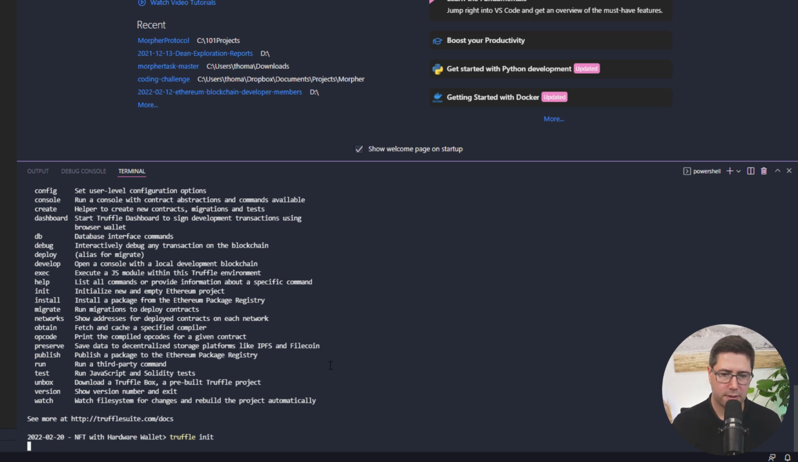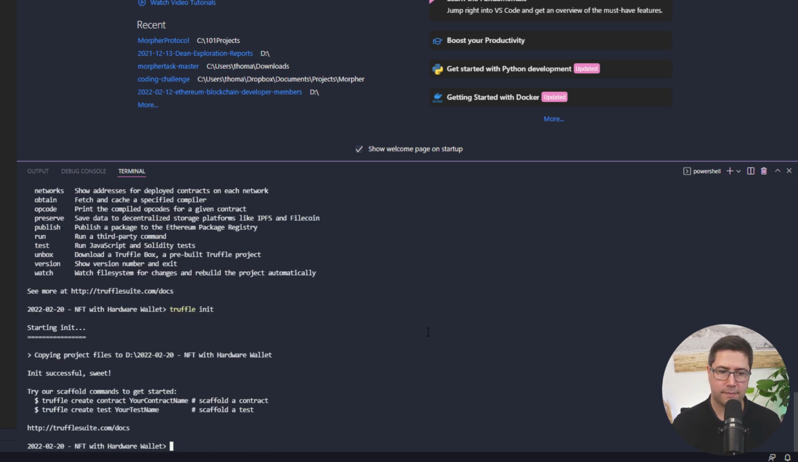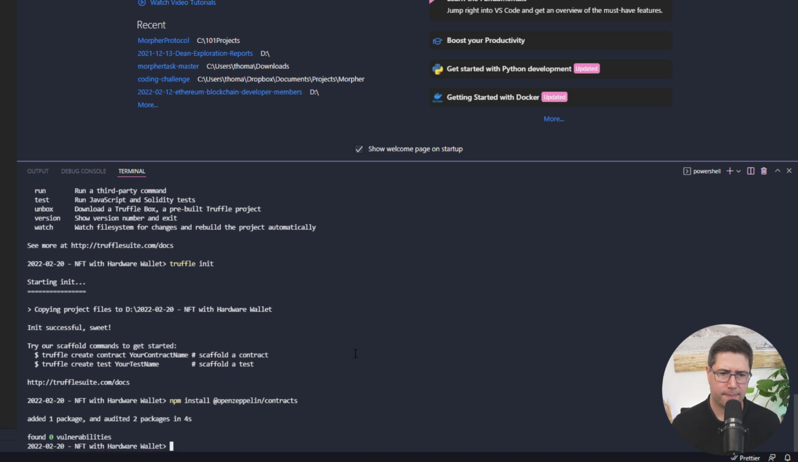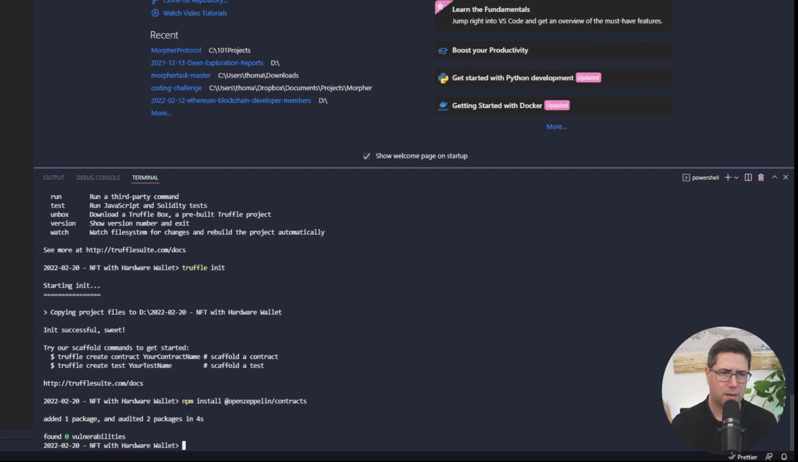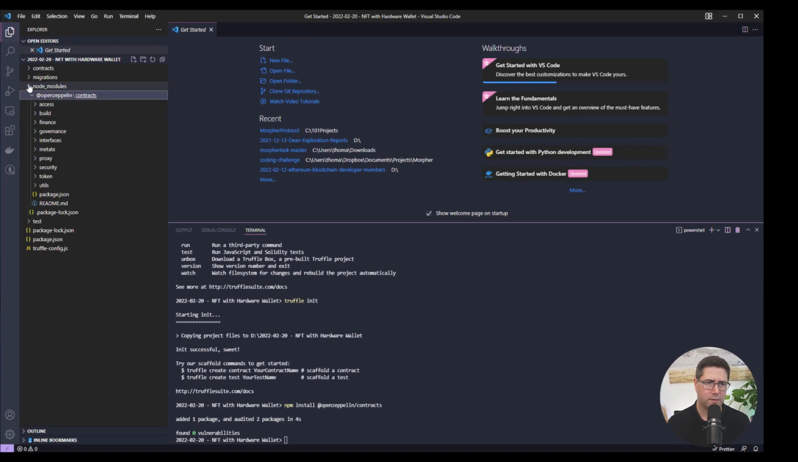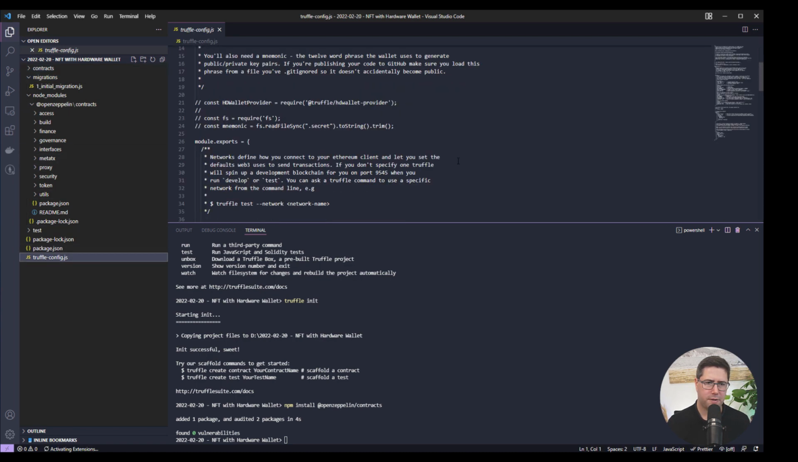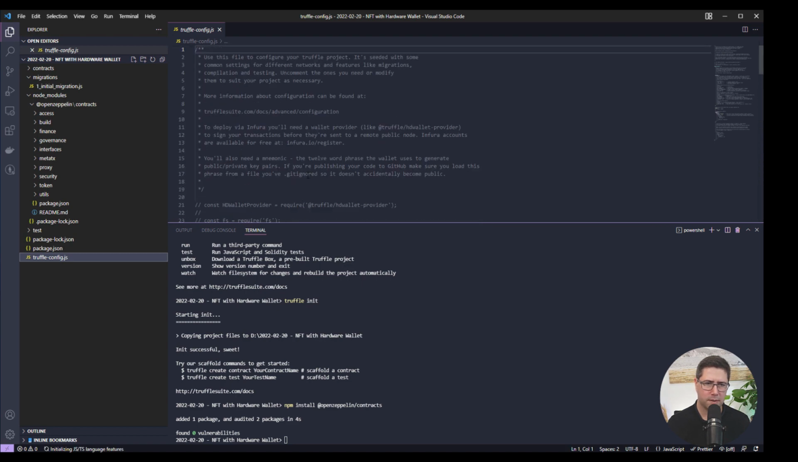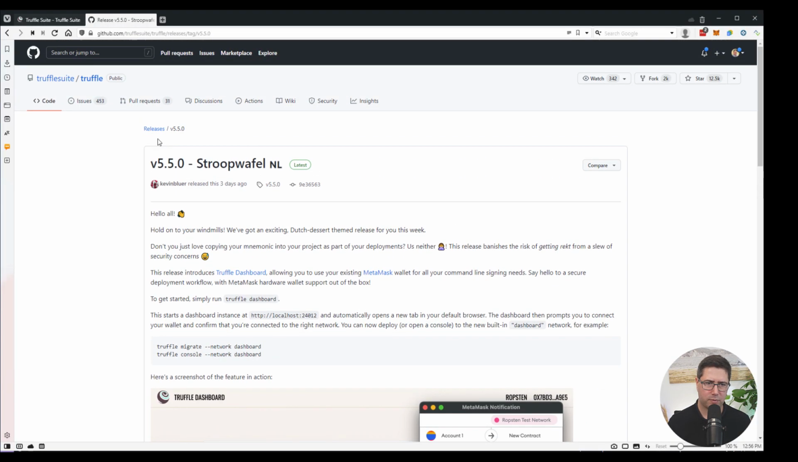Okay, let's init a new Truffle project. Then npm install @openzeppelin/contracts. Hope I have no typo here. Okay. Great. Migrations and config. And the config looks like always a new Solidity version. That's great. And if we can believe the Truffle website or the release announcement,